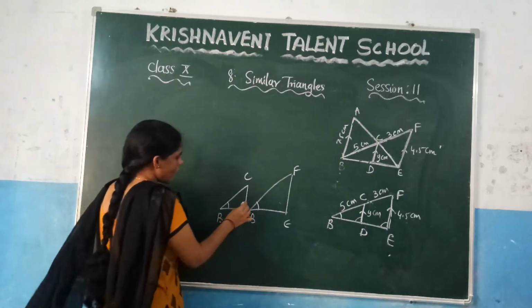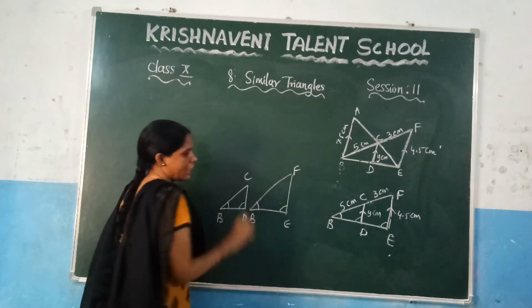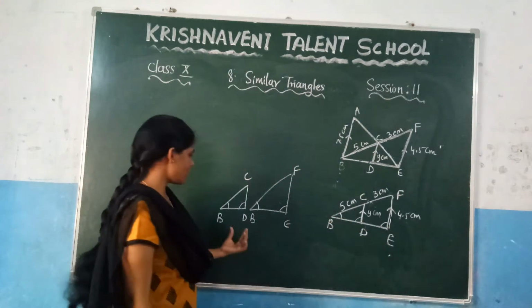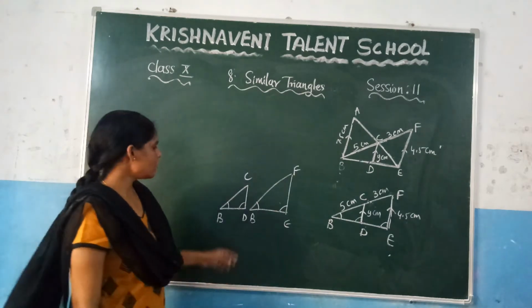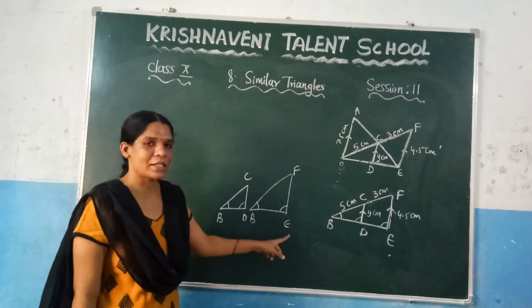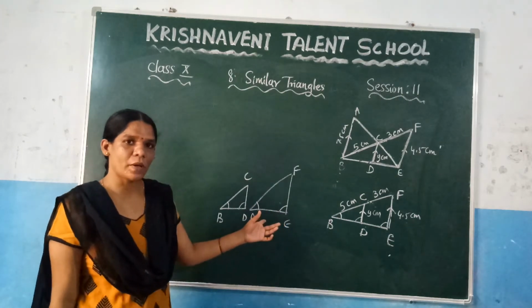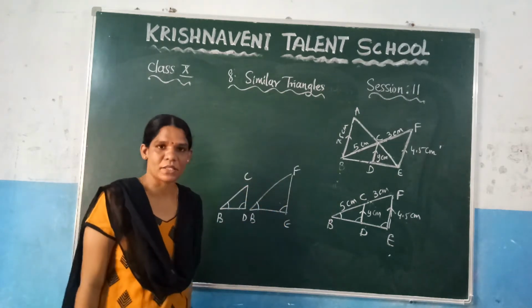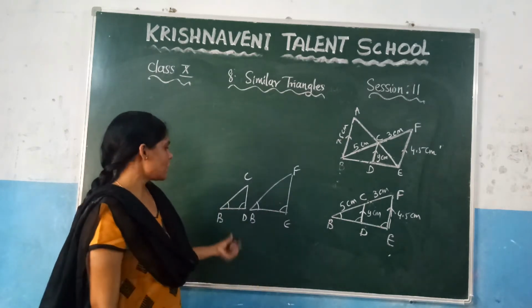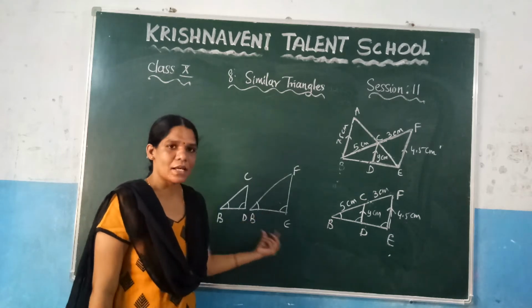And after that angle D is equal to angle E. Why? Because the corresponding angles are equal. Here I have drawn separately to understand. Similarly, if you consider these two triangles, you can observe that two angles are equal. So by the angle sum property you can say that this angle is equal to this angle. So again by angle similarity you can observe that these two triangles are similar.